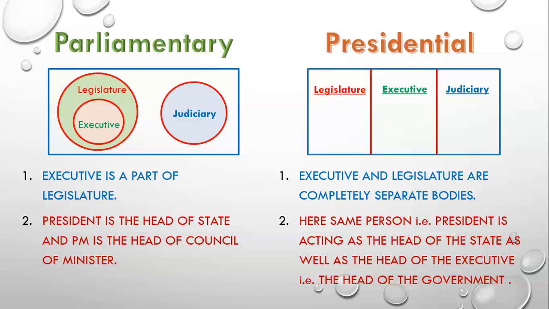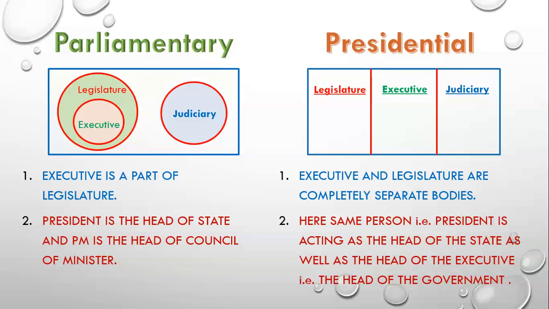Okay, so the president is not bound by the advice of council of ministers. The president can use his discretion. The president can do whatever he wants. Why? Because he is the boss of council of ministers. He is not subordinate to council of ministers. He is not bound by the advice of council of ministers. He is the boss of council of ministers. Council of ministers has to do whatever the president will say. So who is powerful? The president is powerful.